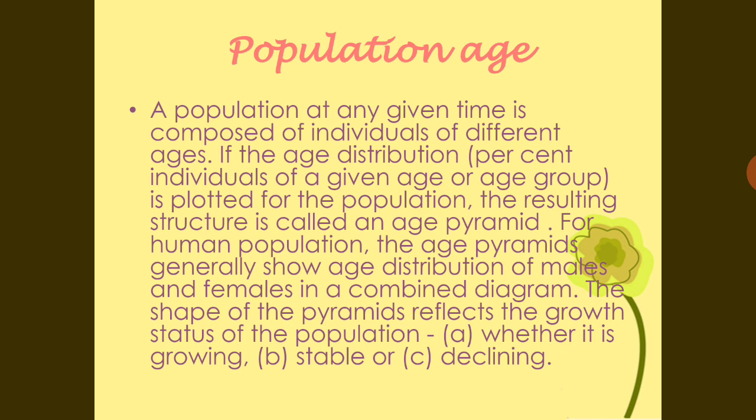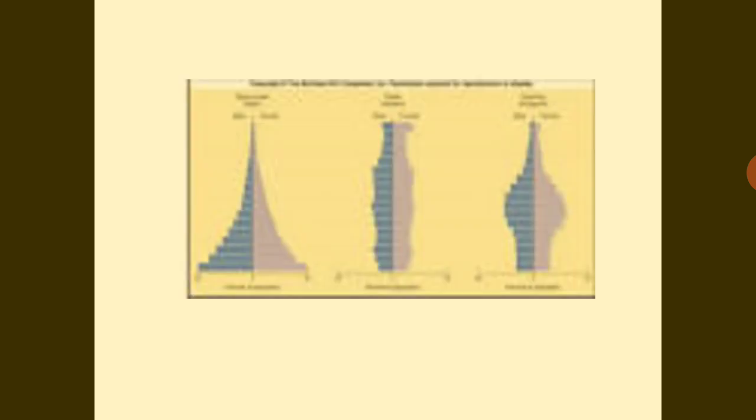So we know that there are 3 types of age pyramids. In one condition there is a triangular shape, then a bell shape, then third is the urn shape. This means whether the population is growing, whether the population is stable, or whether the population is declining. So we have to study the population age in a given particular population area. In this picture you can see here